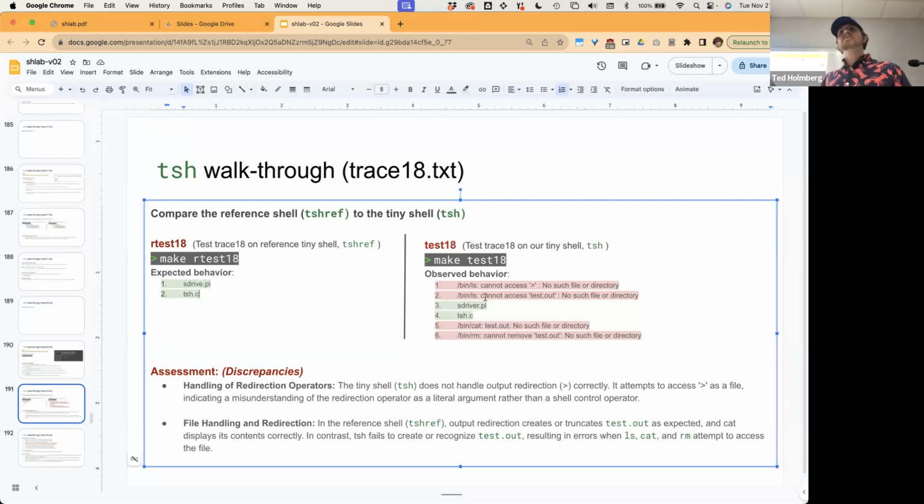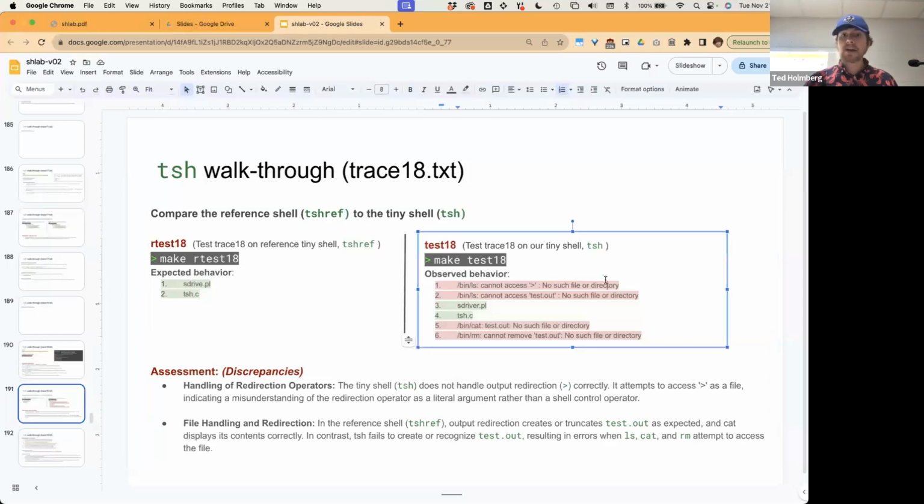Before we implement anything inside of our tiny shell, this is what we're going to get, and I've decided to start highlighting red and green. Green is where we're consistent with the reference shell from the get-go. The red illustrates instances where there's a difference between our tiny shell and our reference shell. So we can see, obviously, it can't parse the redirect symbols